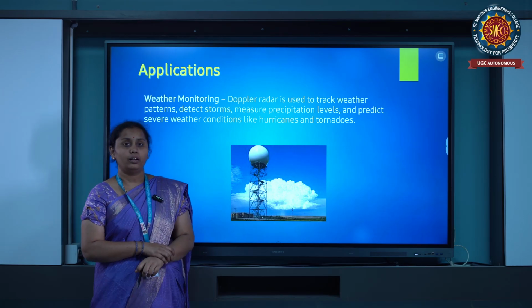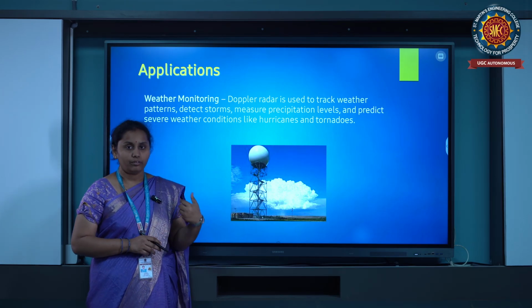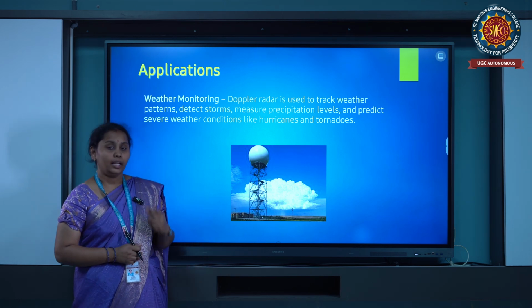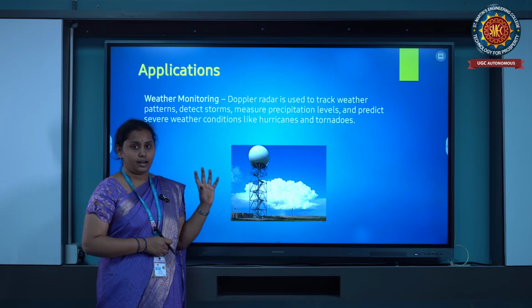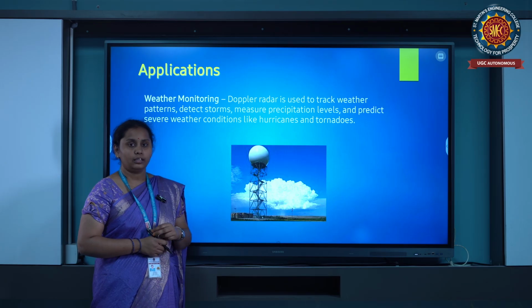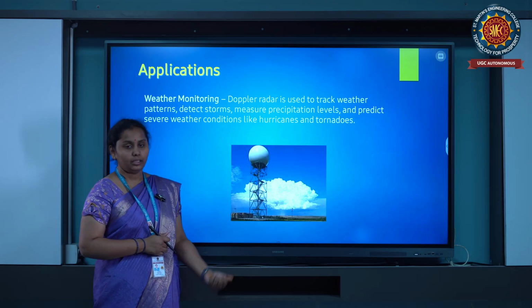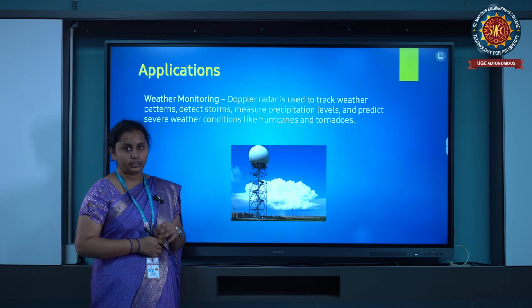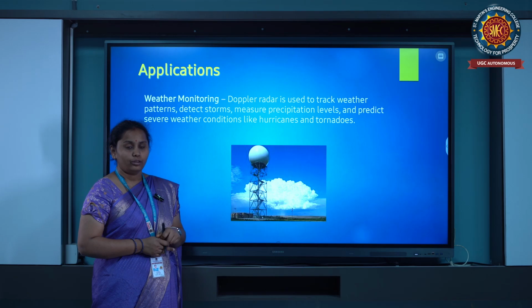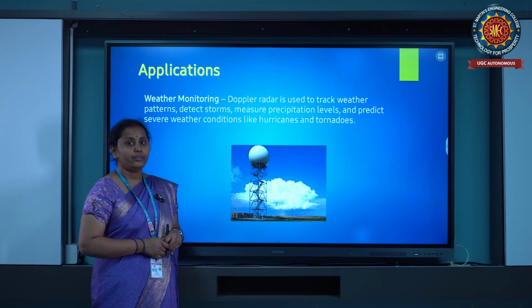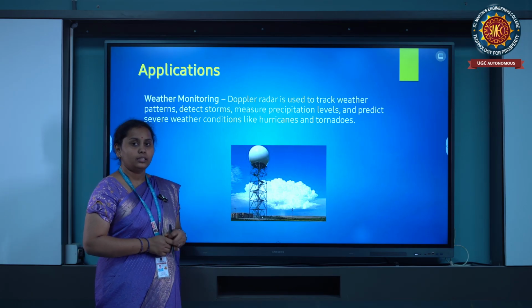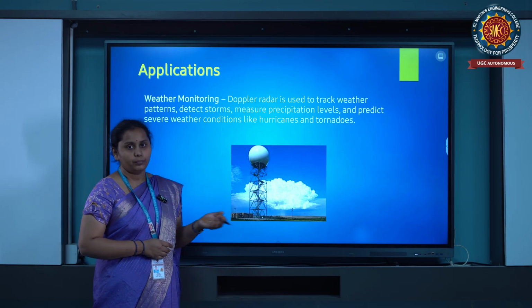For example, if we are going fishing and suddenly a tsunami occurs, there is loss of lives. So by using this radar system, we can monitor the tsunami levels and water levels early, and we can alert the fishermen not to go fishing, so that many lives can be saved.